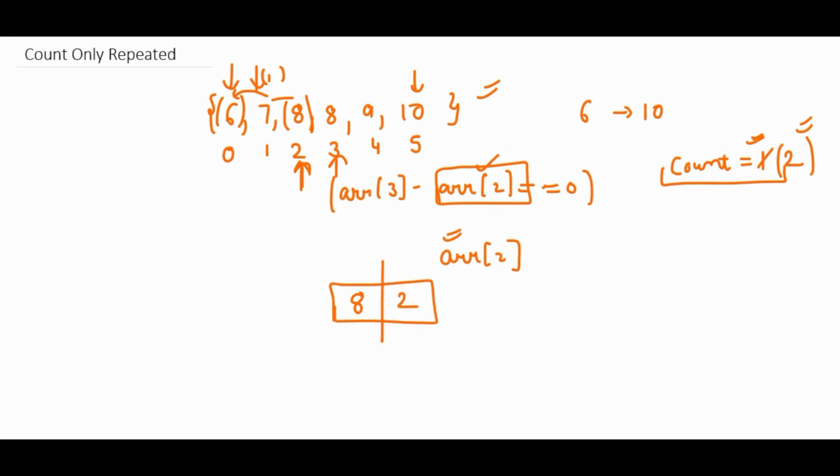This way we can find the answer, and this is our simple approach. But how much time will this approach take? We have to traverse this whole array, so it will take big O of n time, just big O of n time, nothing more. And we are not using extra space, so it will be big O of 1. Now let's see the more efficient approach to solve this question.